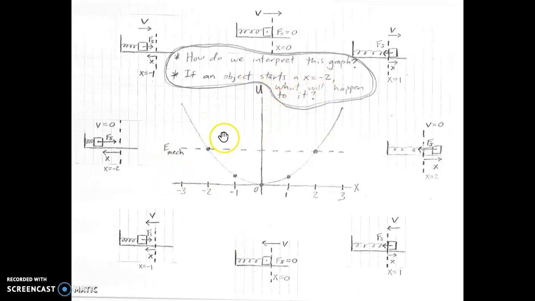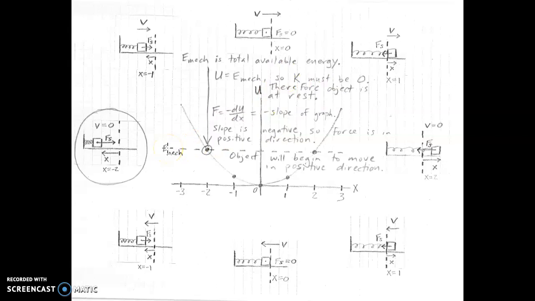if the object starts at position -2. So if we know we start at position -2, we follow that up to see where that is on our potential energy graph, and we can see that that is where our potential energy and our mechanical energy cross. So that means that we only have a certain amount of available mechanical energy, and our potential energy is the same as that amount of energy. And so that means where we are starting,